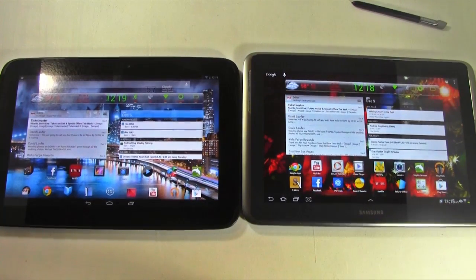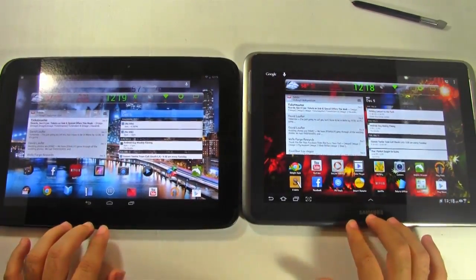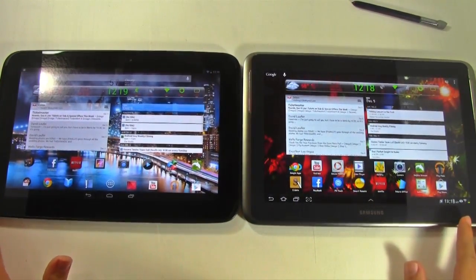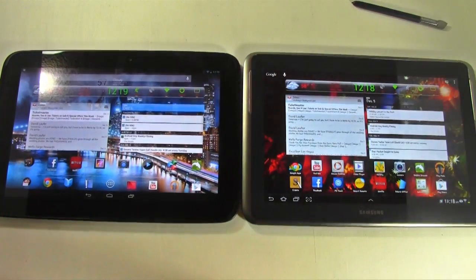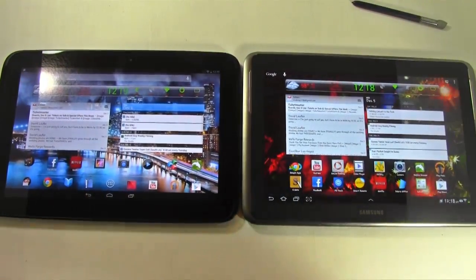Now, what I did have to make a new category for this comparison, guys. And the reason why I did that was because I needed a category that really showed the difference, and honestly one of the biggest categories making my decision right now. And that is productivity. Now, this is how I define productivity for this comparison as well as all future comparisons. I combine productivity as how to get things done quicker, so things that you can utilize on the tablets to get things done quicker, as well as either note or document